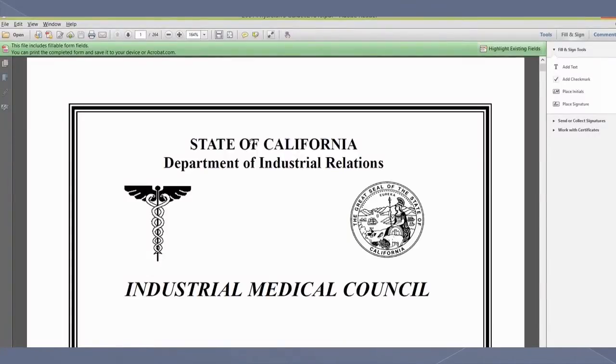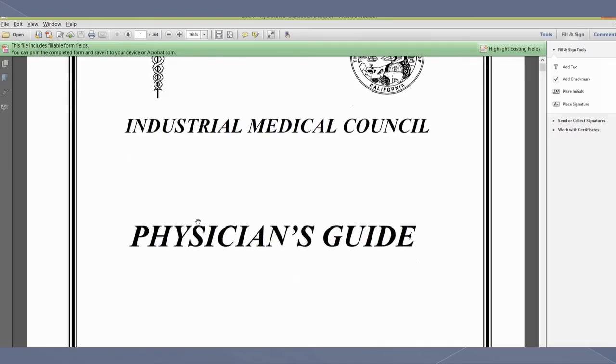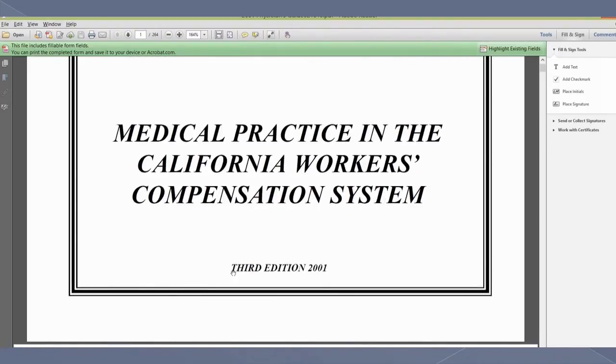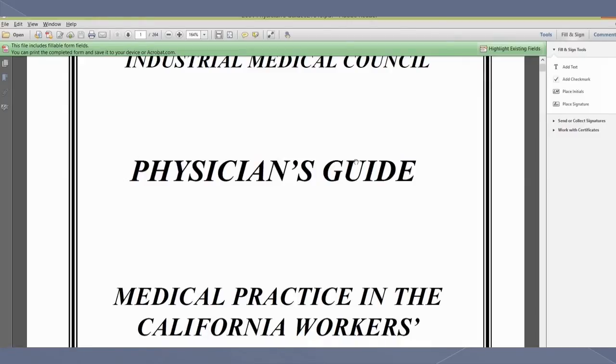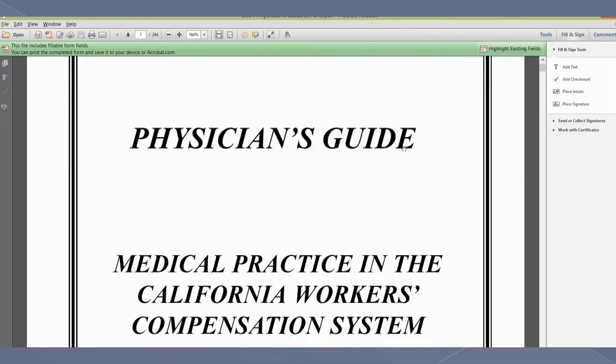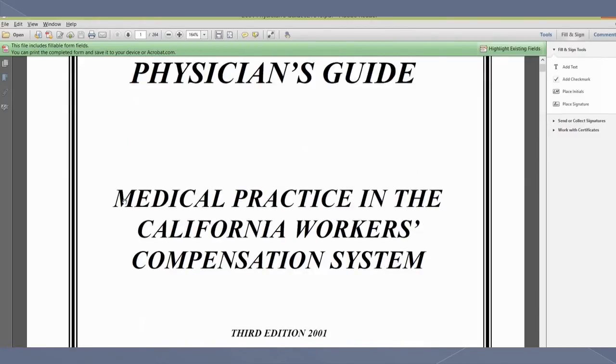So I wonder how many of you have the 2001 Physician's Guide. I have it here for you on screen, and you can see that this is the 3rd edition in 2001. And this is what's called the Physician's Guide. Many of you are familiar with this, but if you're not, this is the Bible that we used to describe the procedures involved with the qualified medical evaluation prior to